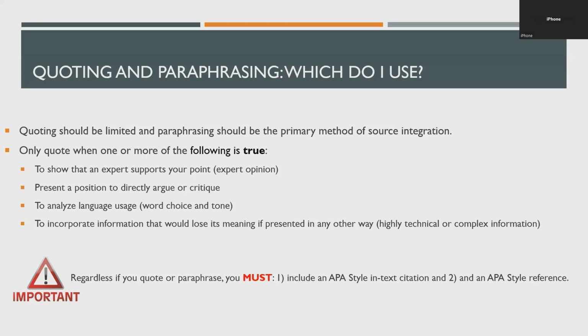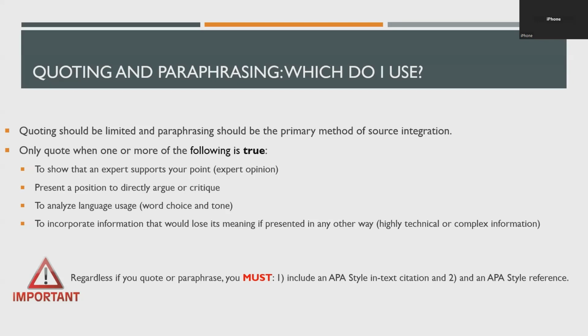So if you disagree with what a source says, or you think a source is wrong, it's a good idea to quote that source so that your reader can see exactly what that source had to say. I like to think of this in terms of real life interactions. If someone was going to argue with me, or critique something that I said, I would probably want them to use my exact words. I wouldn't want them to put words in my mouth. I wouldn't want them to alter what I was actually saying. So the same is true in writing. If you're going to directly argue against someone, or critique what they've said, it's a good idea to quote that.